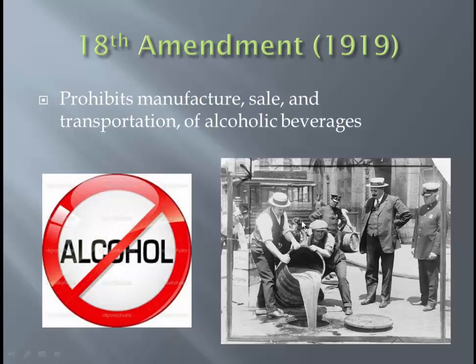And here's a nice picture where you got some federal agents, and what are they doing? They're dumping beer into the sewer. That's right, can't have it. Alcohol in this country was illegal during the 1920s. If you watch any kind of video or you look at the Roaring 20s, everyone was drinking anyways, but realize they were all breaking the 18th Amendment. They may have been drinking, but they were drinking illegally.